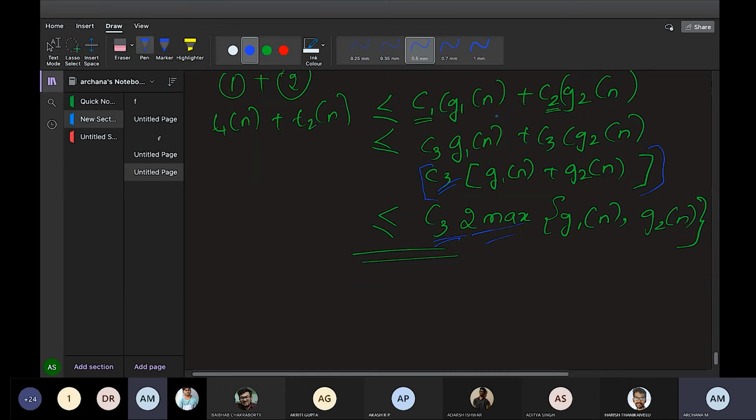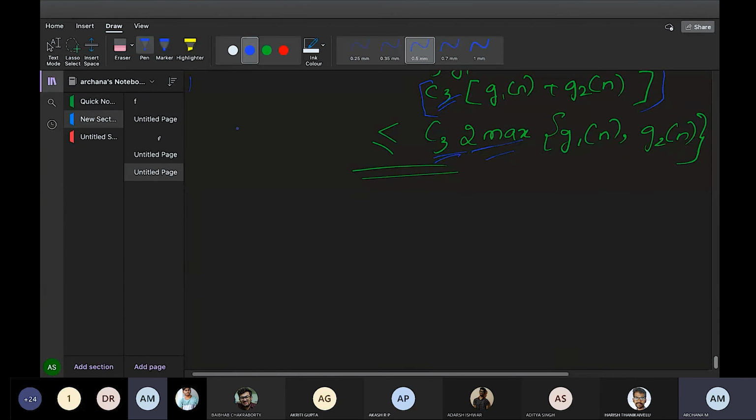Now I'll give you one simple example. Can anyone tell me, based on this property, there is one simple example. You have to tell me which one will be the correct answer. If a sorting algorithm, look here, there are two different sorting algorithms. In the example I'm giving, which would be the best asymptotic, you have to show it to me. Two sorting algorithms.